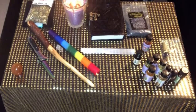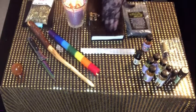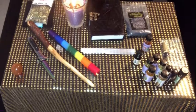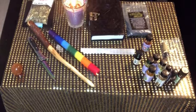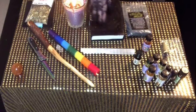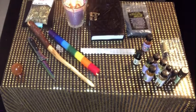Definitely don't forget your correspondences. You also can put the seasons. I know I mentioned the moon, but you can talk about the seasons. Your Sabbats and Esbats are important to put in there. Personal findings. Just anything that you end up falling in love with. You can even tape some down and then put some in it. Like in mine now, I have like a bay leaf and like all the stuff that goes with bay leaves in there, and I have some feathers and some cat fur, and you can just tape them down on the page and then just write about them. And that's cool, and it makes it look cool too. Not that it matters what it looks like, but